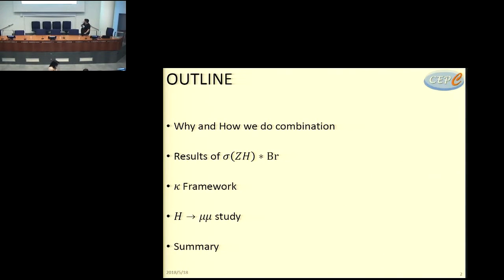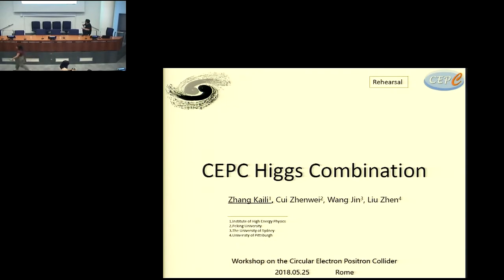Here is my outline, and the first thing is why and how we do the Higgs combination, and then I will do the